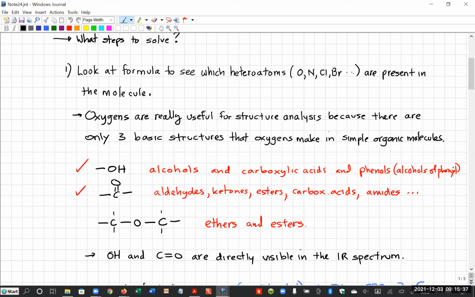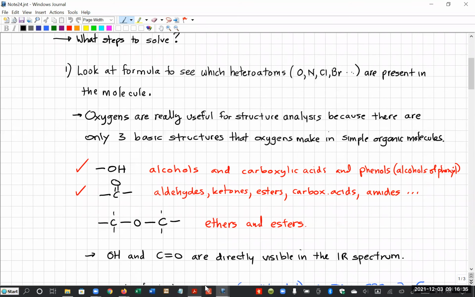And so we're going to look at it, and almost all formulas are going to have carbons and hydrogens because that's what organic molecules have. But then there are other atoms that often appear in organic molecules. Many of these, the electronegative ones, we call heteroatoms. Here's a brief list of some example heteroatoms: oxygen and nitrogen and chlorine and bromine, and there are other ones. This short list is probably the majority of the ones that you will encounter in the structures this semester. Okay. And it's important to look at the formula and identify which heteroatoms are present, because